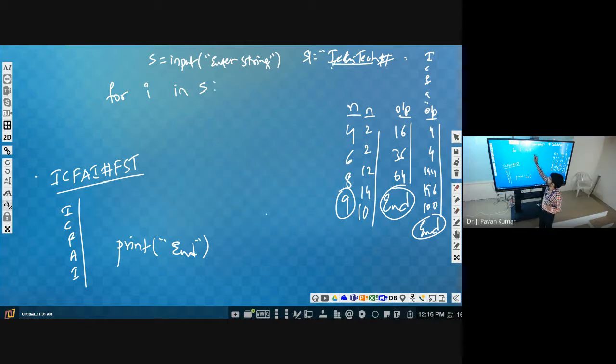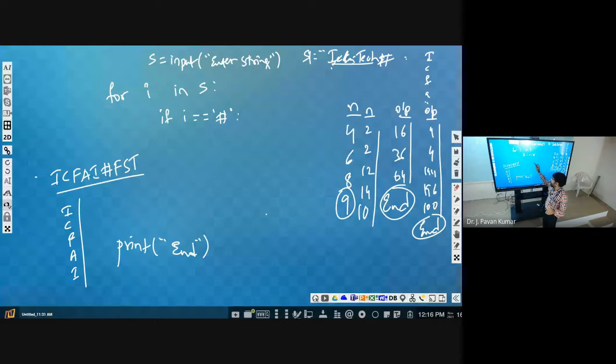We should check. If I is equal to hash, do we need to display? No. Do we need to display further characters? No. We should stop. So if I is equal to hash, then break.